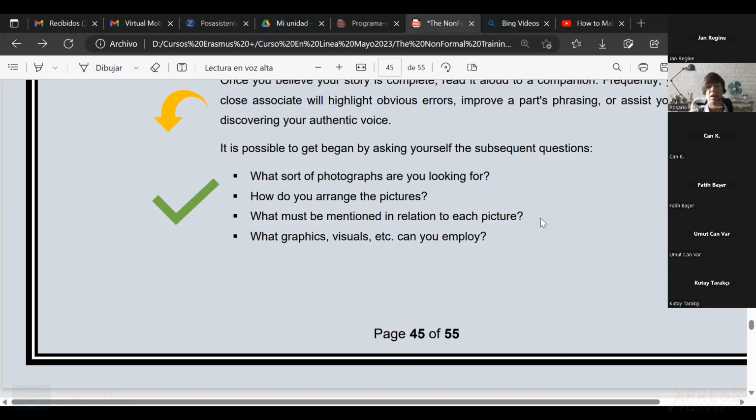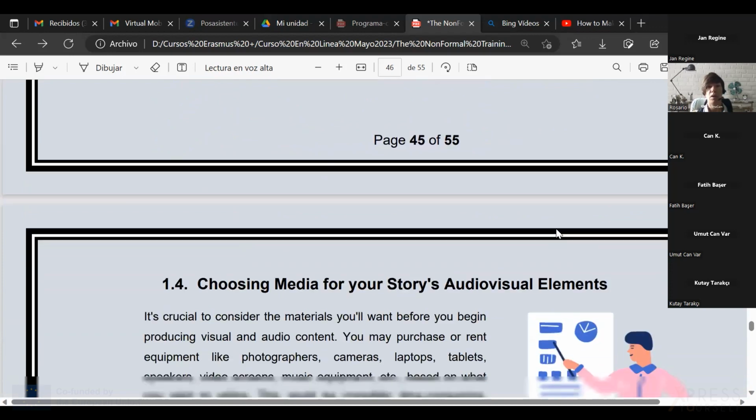No, sorry, that one there wasn't voice. There was just text. But anyhow, the photographs were related to the text, and some of the photographs were not mentioned, but they were saying something on their own. So that is something that you have to think of as well. So after you choose the photographs and you arrange them, you need to think if you're going to say something about the picture, or if the photograph is going to talk by itself. And then what graphics, visuals, etc., if any, are you going to employ? And again, where in the storytelling.